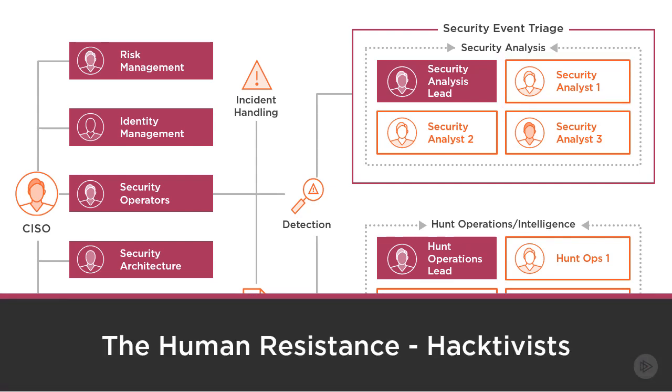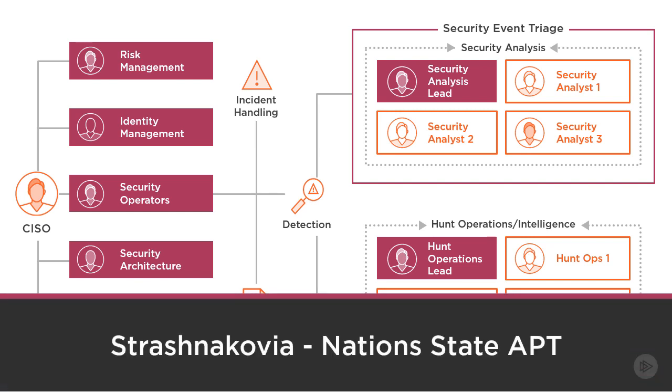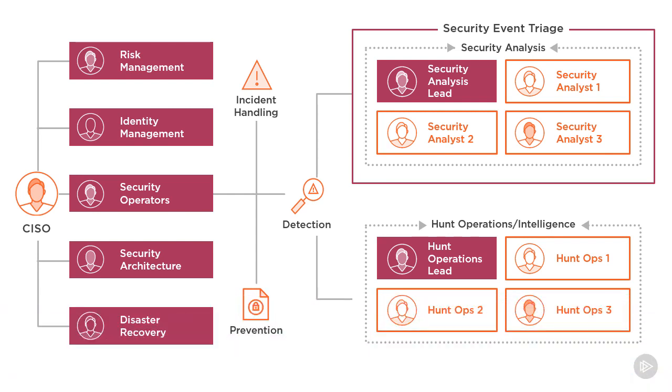Human Resistance, a hacktivist group dedicated to disrupting the advancement of the perceived robotic overlord threat to humanity, and Strashnikovia, the technologically advanced nation-state looking to steal IP and potentially steal control or disrupt the robotic national defense services provided